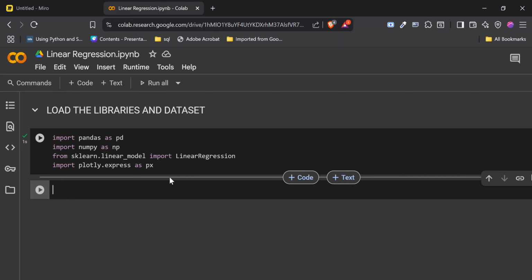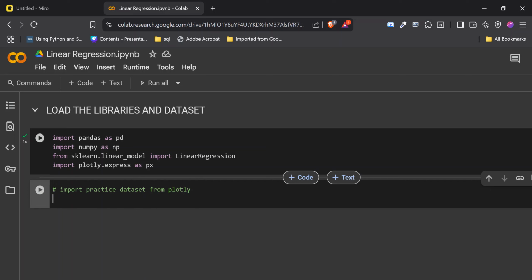Normally your data set is going to come from somewhere, let's say a database, web scraping, anything. But for ease of reproducibility, so that you can access this course and get good value from it without having to download a lot of things, we are going to be using a practice data set from Plotly. I'm going to say import practice dataset from Plotly.